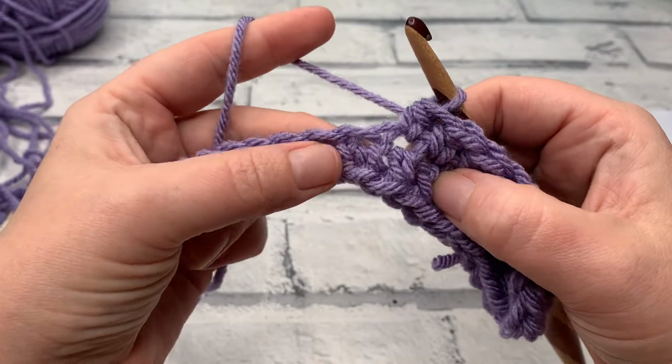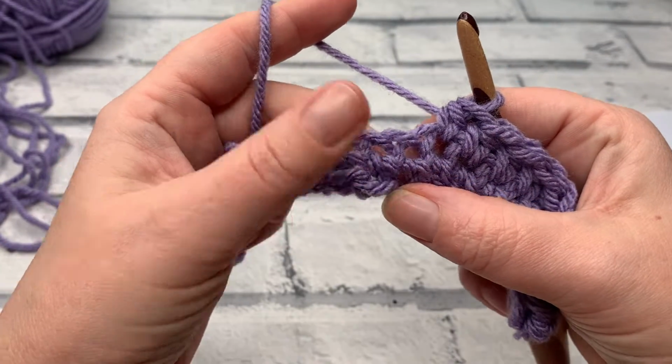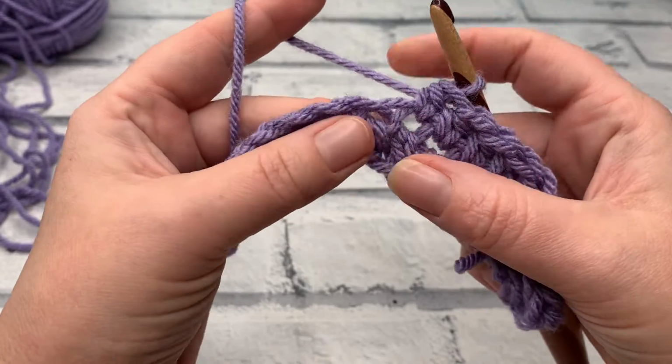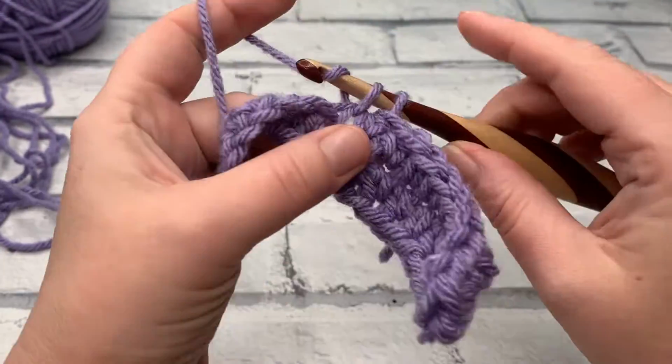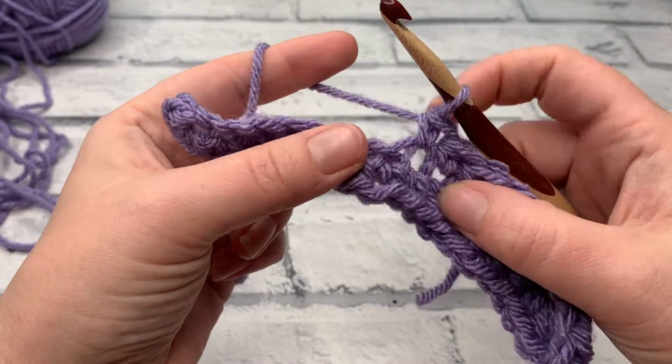We're then going to work 1 single crochet into each of the next 8 chains. So again, we're making sure we work underneath that cross and just inserting our hook, bringing our loop up and pulling through 2. So that was number 1,